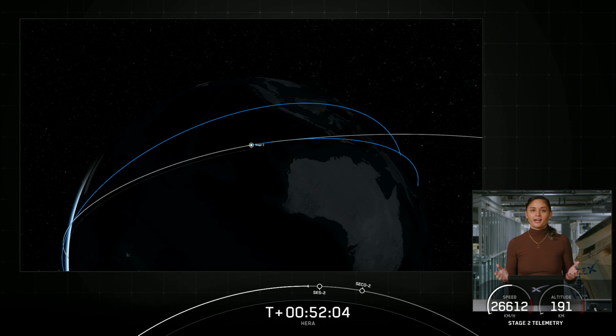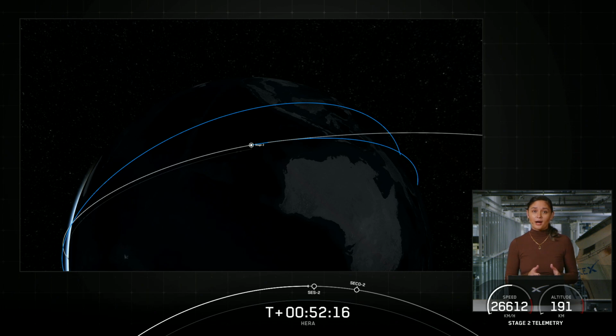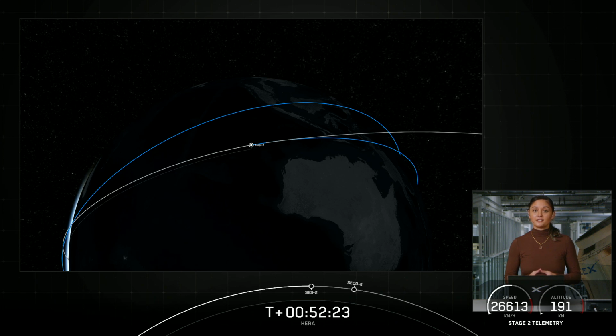Welcome back to the webcast of the Falcon 9 mission carrying the Hera spacecraft for the European Space Agency. Now, the second stage completed the first burn, placing Falcon 9 and the Hera spacecraft into the desired orbit about 3 minutes ago after launch. Now, we are approaching the second burn of the engine to carry Falcon 9 and Hera to the orbit needed to deploy the spacecraft. Now, coming up here in a few seconds should be...